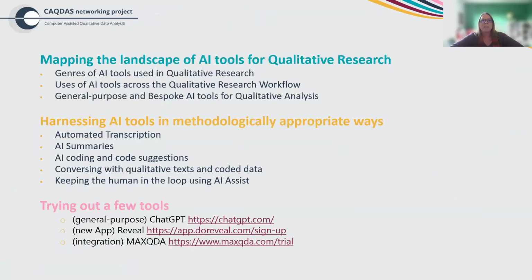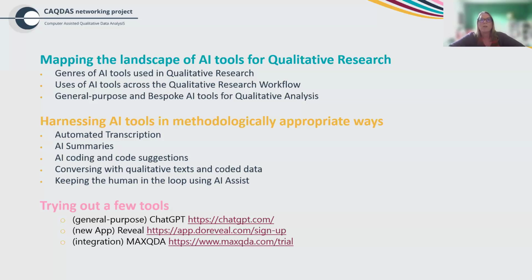Whilst you're doing that, just to give you a little bit of an overview of the topics that we're going to be covering today, we're going to be, first of all, thinking about what's going on in this space. So I'm going to map the landscape of AI tools for qualitative research first, and then we're going to move on and really start thinking about, if we do think it might be appropriate to use these kinds of tools for our qualitative research and analysis, how do we do that appropriately?